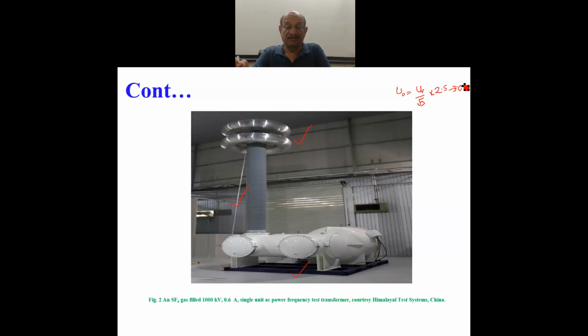and then multiplied by 2.5 to 3. So you can estimate you would need a testing transformer to deliver you a voltage to the tune of 2000 kV. When you need such big testing transformers, how do you produce them? One single unit size would be very, very high. That is why